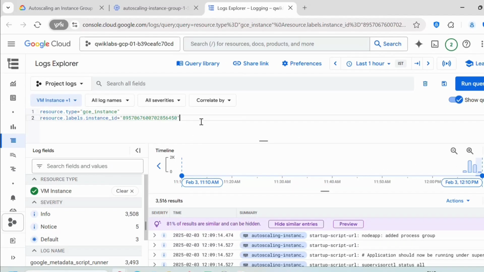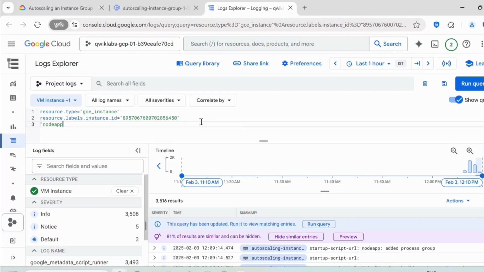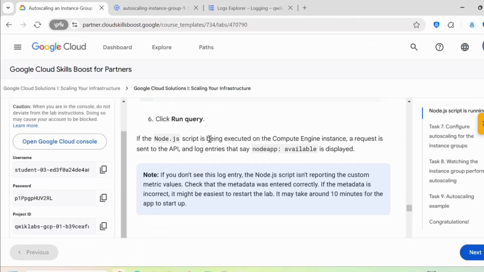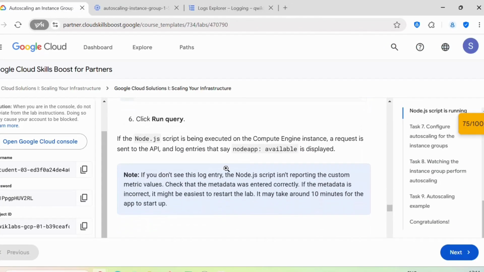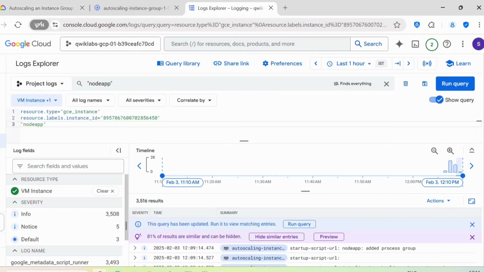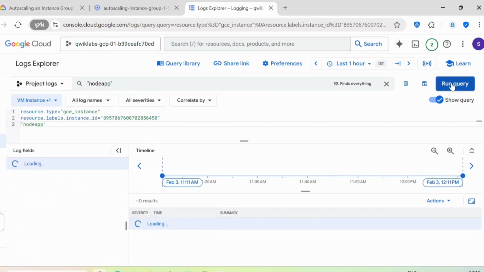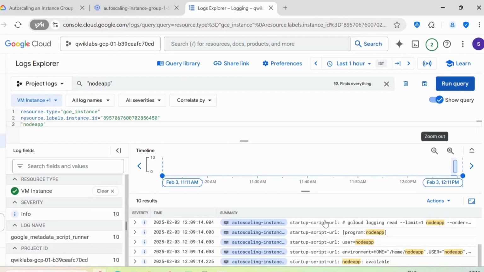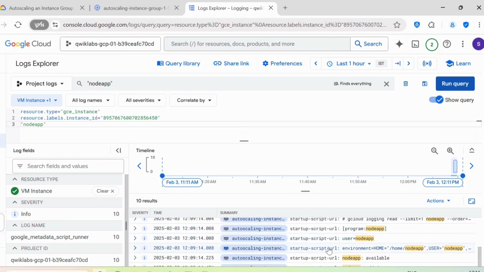So here, let's add node app. So you need to add like this, node app. Post that, click on run query. So if this has been executed, then we will find few details here. So you can see